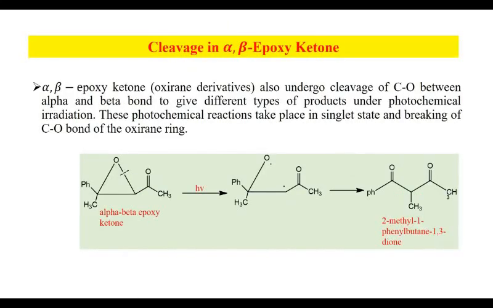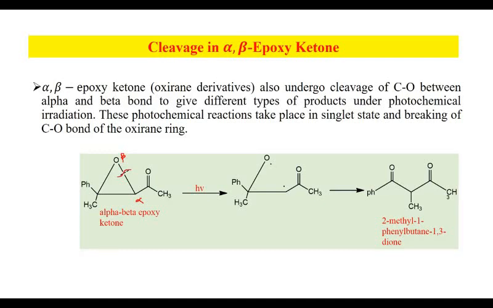If there is not a cyclopropane ring but an epoxy ring, then there is also a possibility of Norrish type 2 reaction. It is alpha, it is beta. Here the beta is not a carbon. We have seen the cyclopropane ring when there is a carbon instead of this oxygen. Now if this bond is broken,